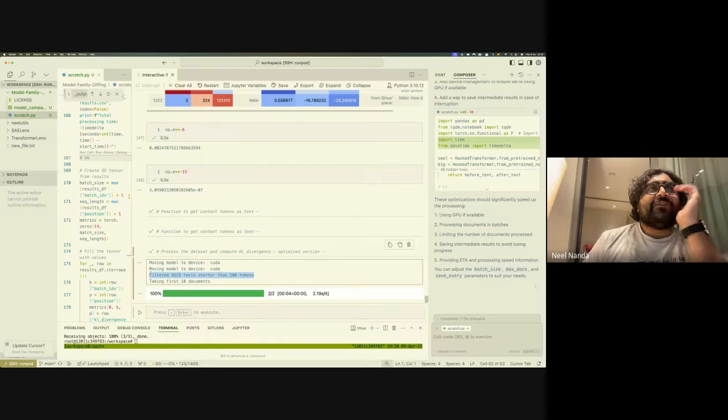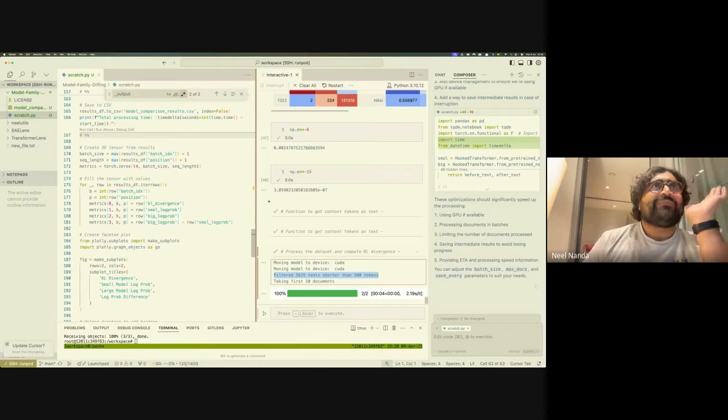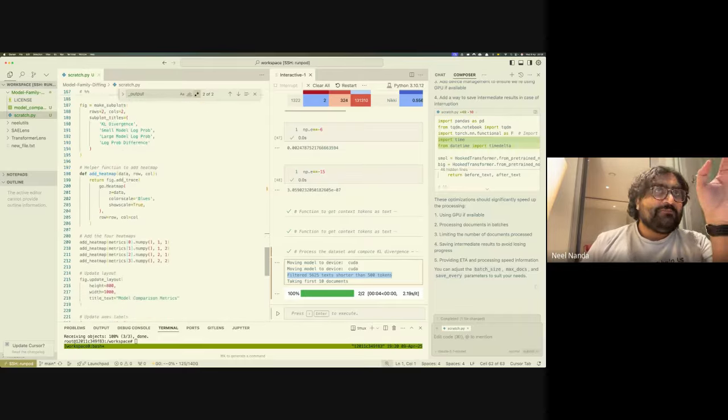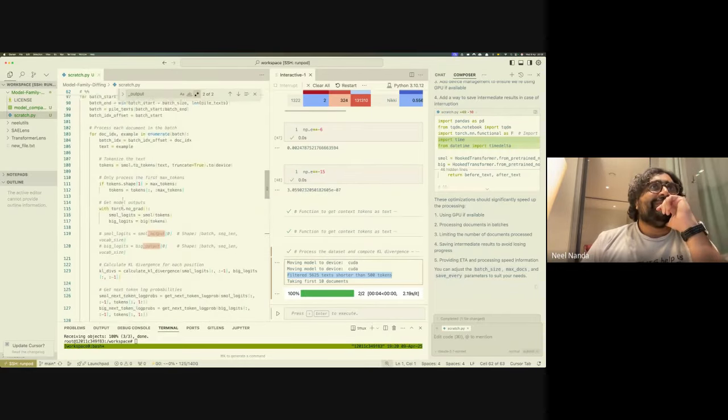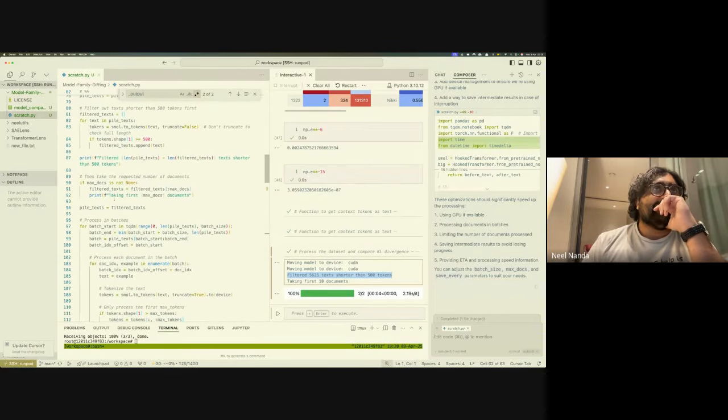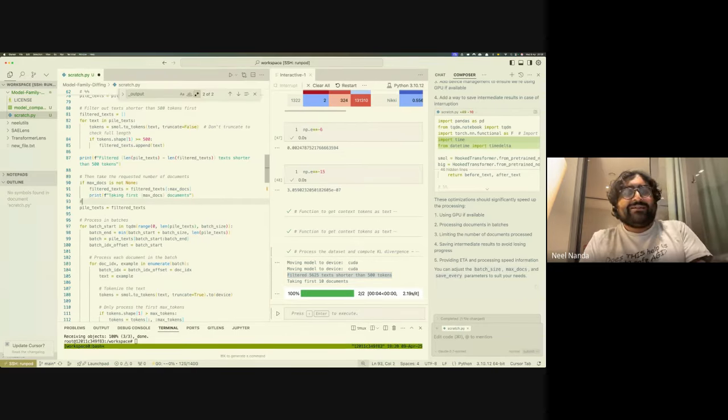Oh god, it's filtering every text? Okay, an obvious thing to do is separate out the bit of this that's just actually running the text, and the bit of this that is like